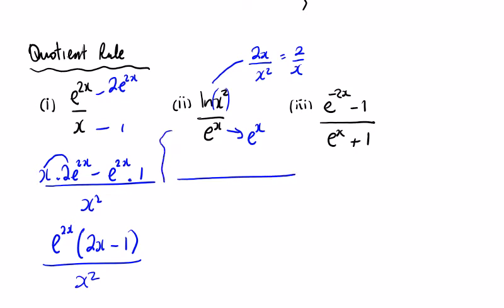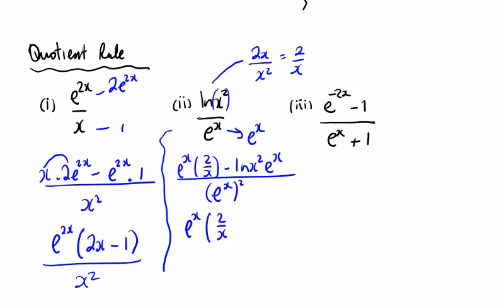So the quotient rule, bottom squared, e to the power of x squared on the bottom, the bottom by the top differentiated minus the top by the bottom differentiated, and tidying this up, we have on top, we have common e to the power of x, which would leave 2 over x minus the natural log of x squared, over e to the power of x squared,